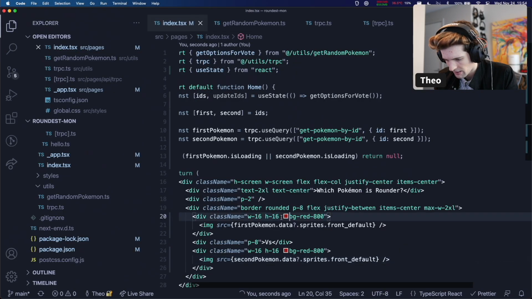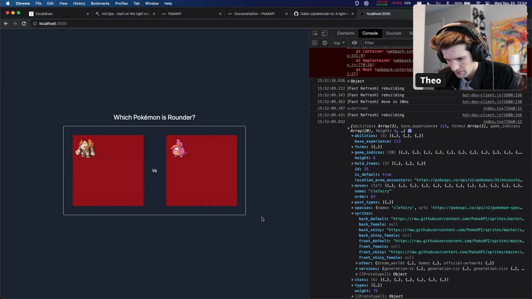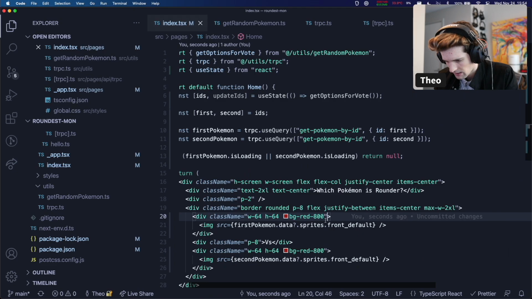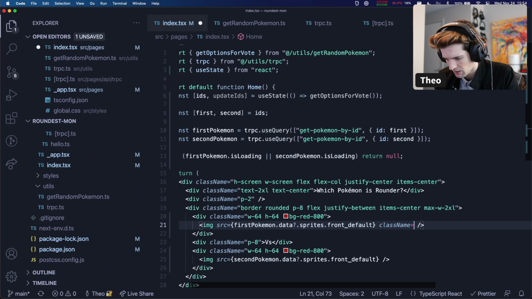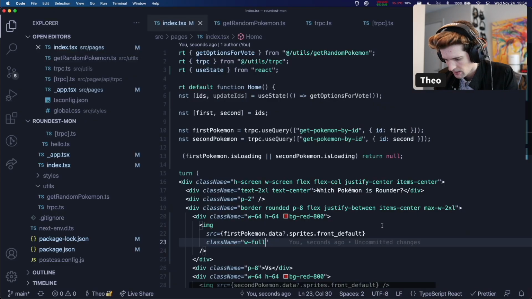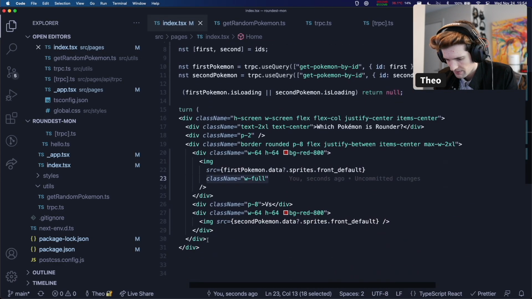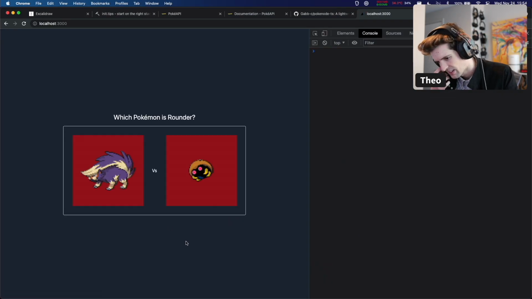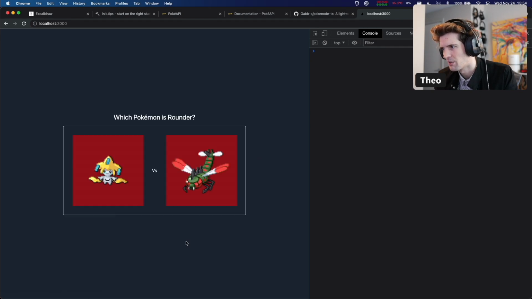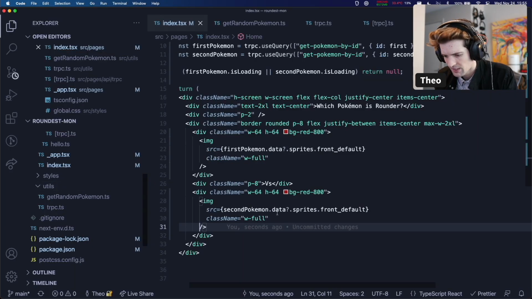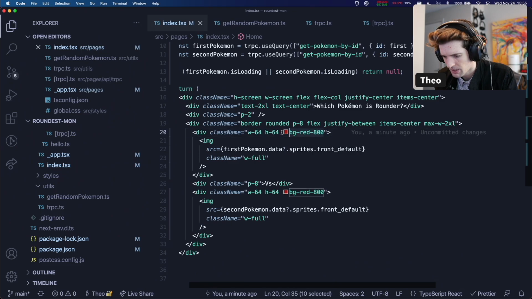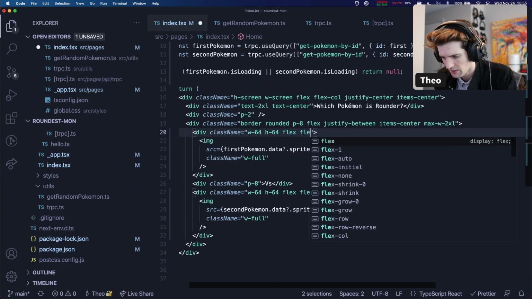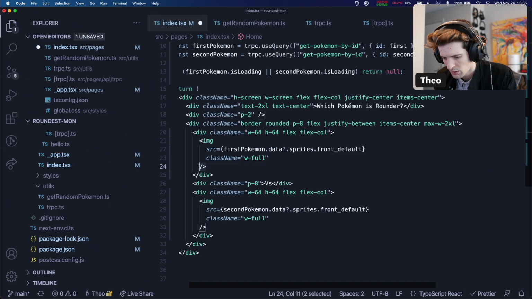I have these widths and heights set pretty hard. Can I just do 64? That's a decent size. Only problem now is the image doesn't fill. Class name equals W full. Cool. And now we have this loading and fetching two random Pokemon. Cool. This is working. I'm going to remove the BG red and do flex col because I want to below